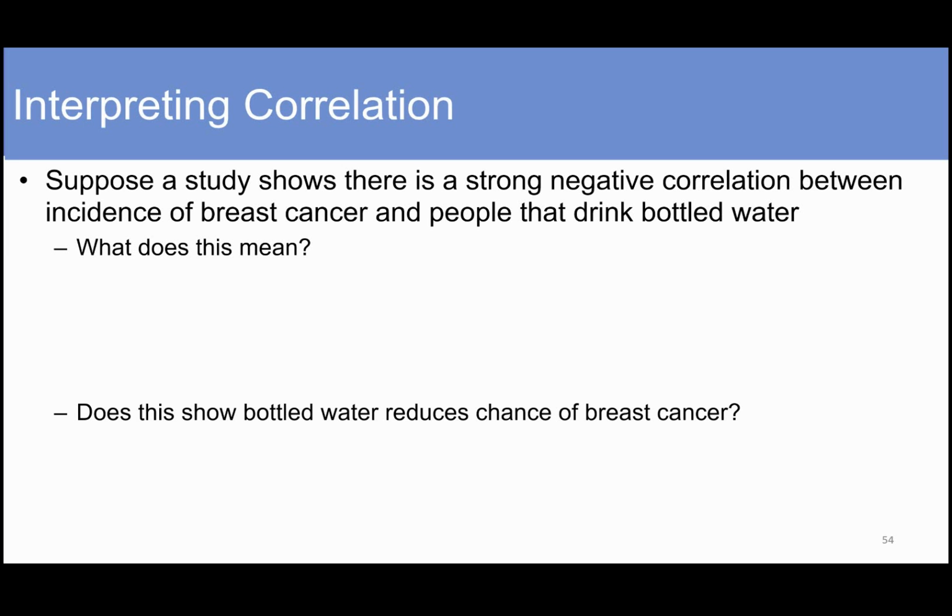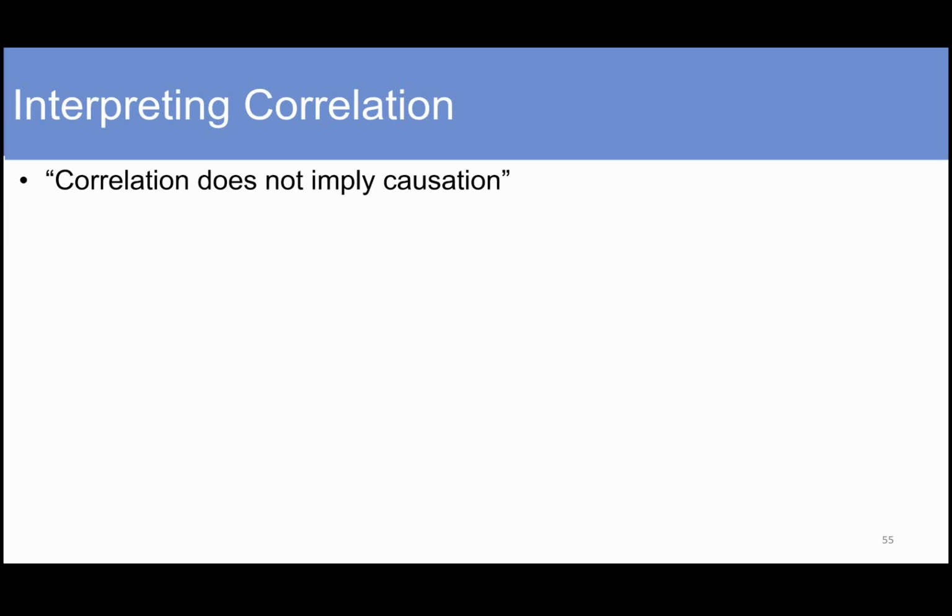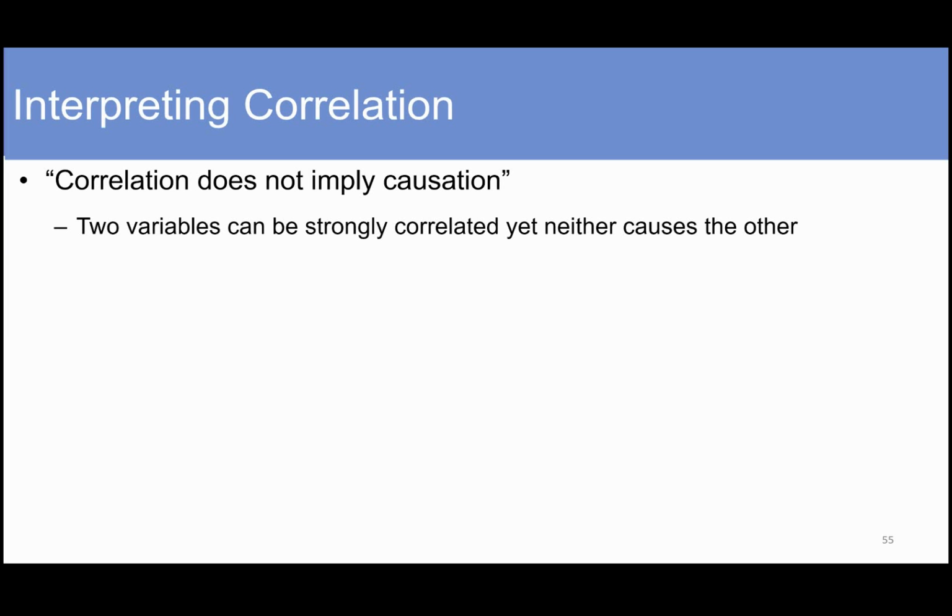So this is the problem. Like you say, famous phrase, correlation doesn't imply causation. Just because two variables are strongly correlated doesn't mean that they necessarily have a causal relationship. So kind of go to Gabe's